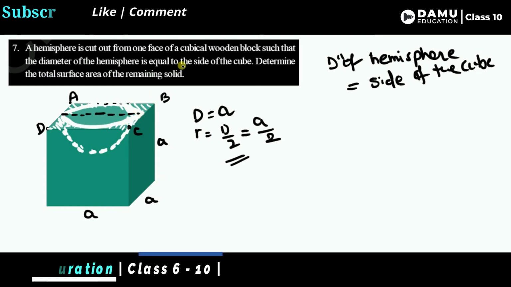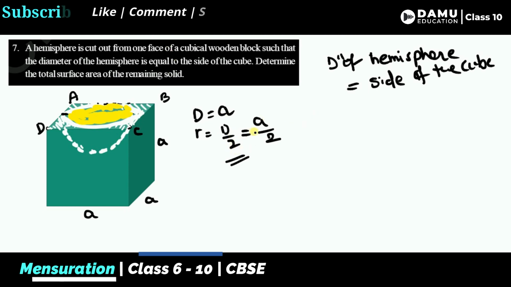What we need to find here is the remaining surface, so we need to subtract from this. This is the area occupied by the hemisphere. Let's write it this way. What is the total surface area? So the total surface area